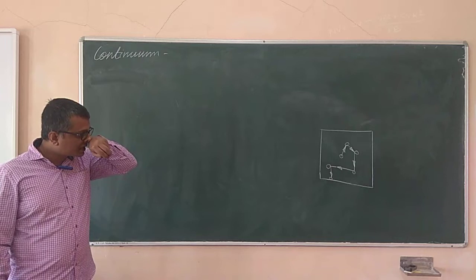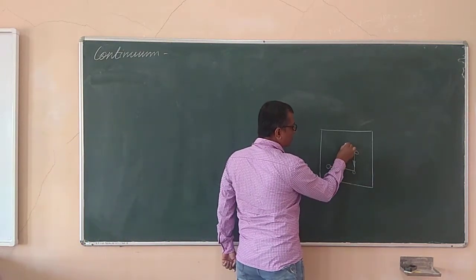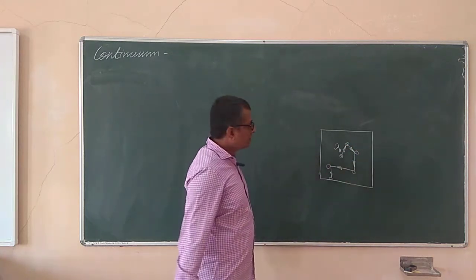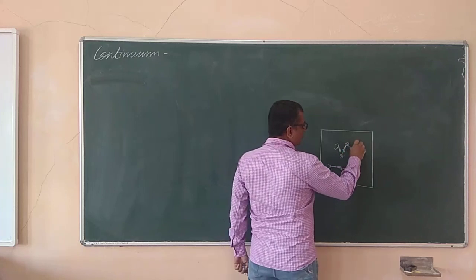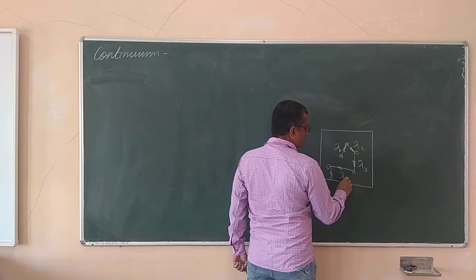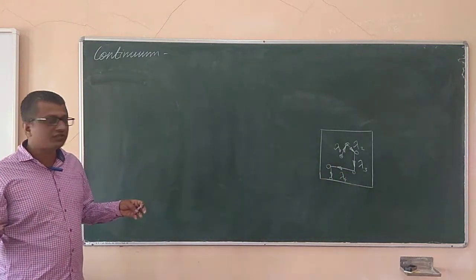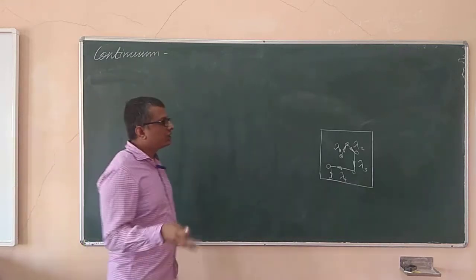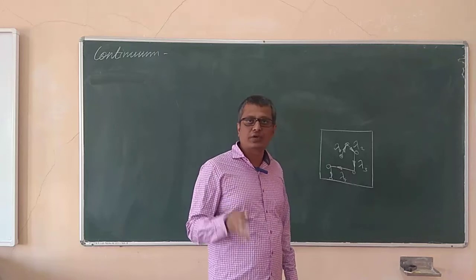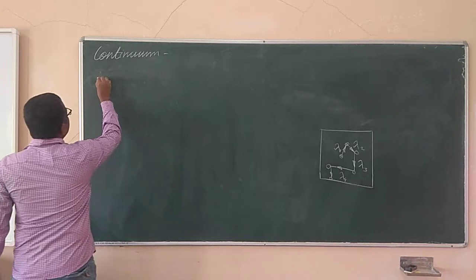So if this is taking place, then I will say the distance covered by the molecule from one collision to another collision is, say, lambda 1. The distance between the next two successive collisions is, say, lambda 2, like that lambda 3, lambda 4 and so on. If I take the average of all these free paths traveled by a molecule in two successive collisions, I will get an average value of lambda, and that average value of lambda we call the mean free path.